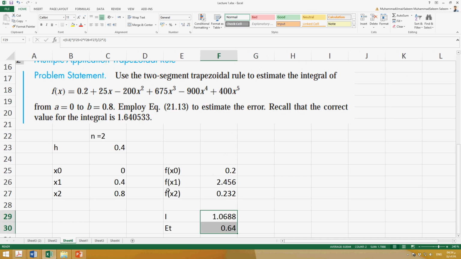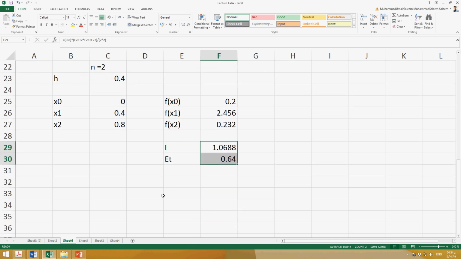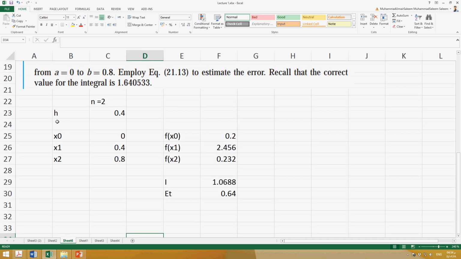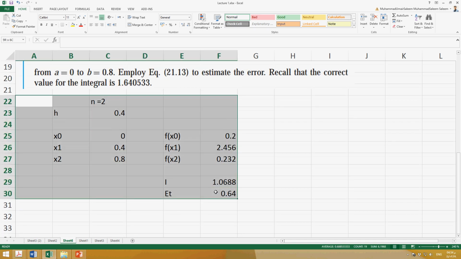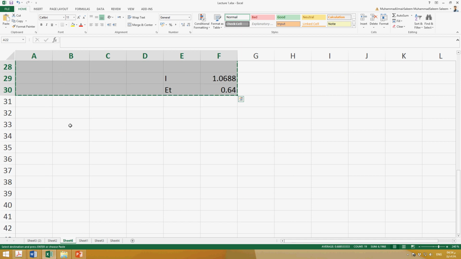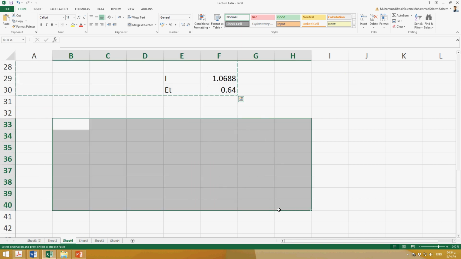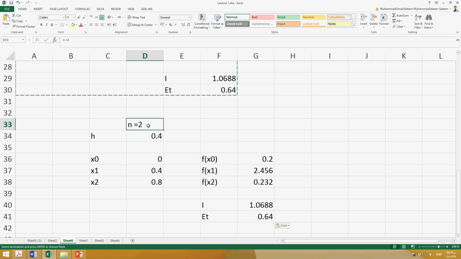The same way, you can also do this procedure for more number of steps. For example, if you want to repeat the same procedure for more steps, we can do that. So let's do it for more steps. Let's say n is equal to 3. So then h will be equal to 0.267, and then we will be having x0, and then